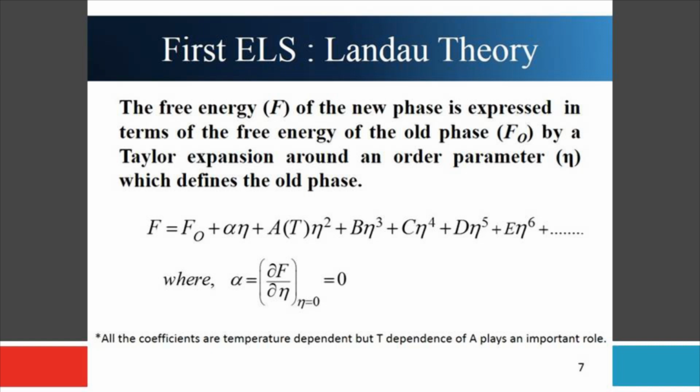So, these are nothing but a functional Taylor expansion. That means I am expanding the free energy of the new phase in terms of the free energy of the old phase. A, B, C, D, some of them we need, some we do not need. Now, for two phases to coexist, the free energy must be minimum. So this has to be a minimum, this has to be a minimum, we will see how it goes,